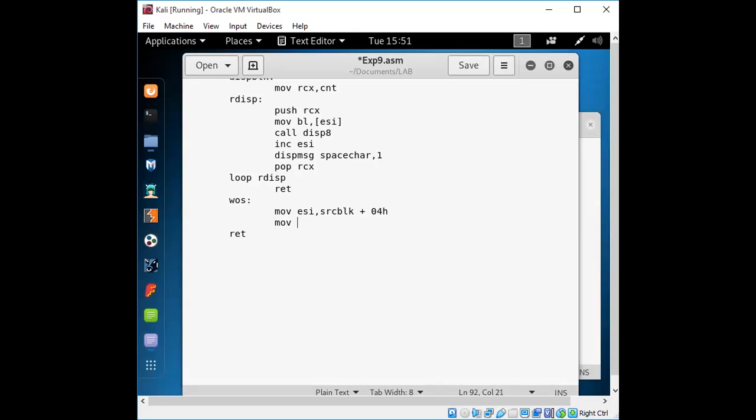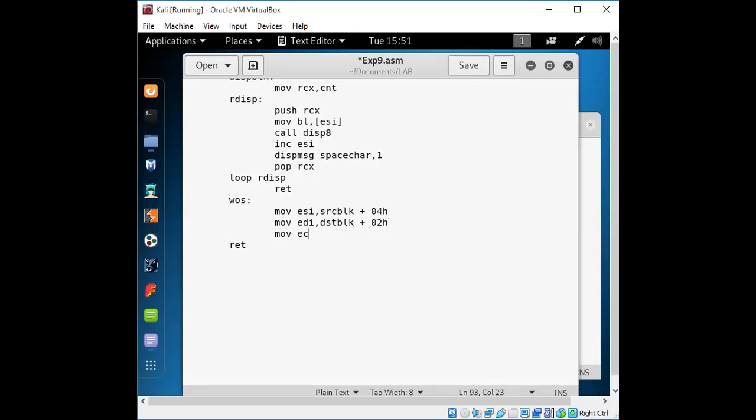Whereas for the destination block, the first two elements are common. So your destination, EDI, starts from the second position of your destination block content. Okay.